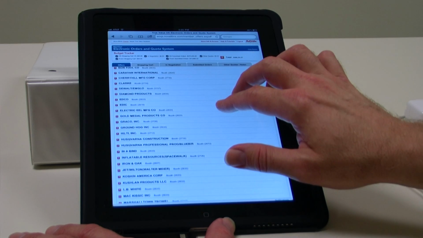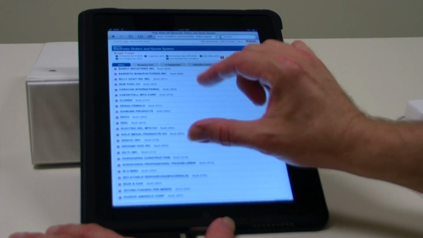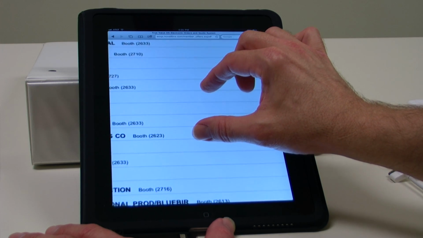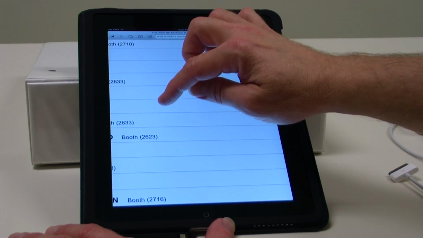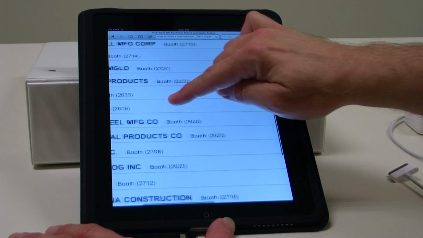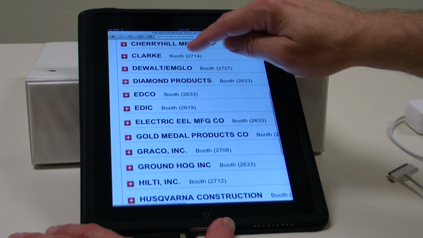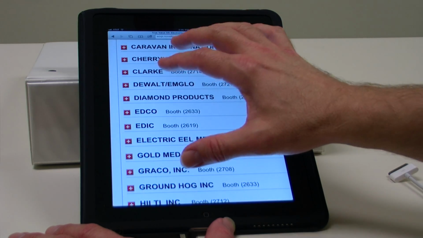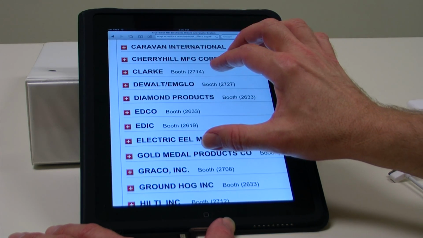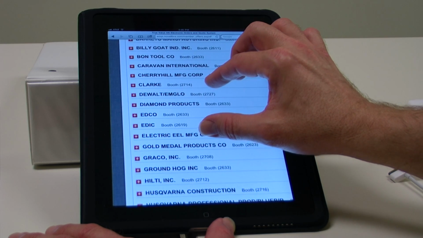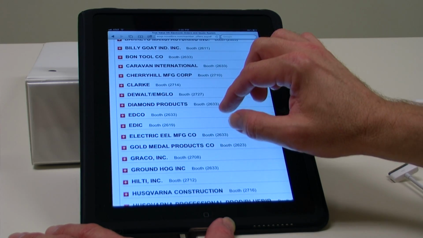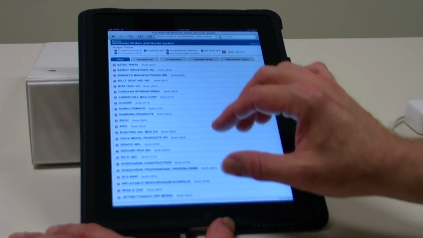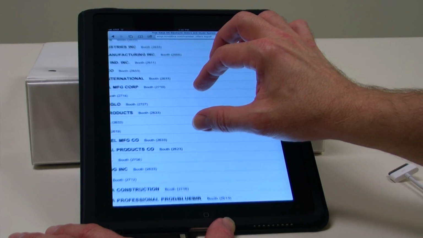I also have the ability of taking a couple of fingers, and if I touch the screen and drag them further apart in a spread, I can make the text bigger. Now I'm going to drag with one finger across here to the right, so I can see now that I've gotten all these different, much larger icons. I also can do what's called a pinch. I can pinch it smaller to make it a little bit smaller, and I even have the ability of doing a double tap, which will take it back to the standard, normal size. If I go ahead though and make this a little bit bigger,